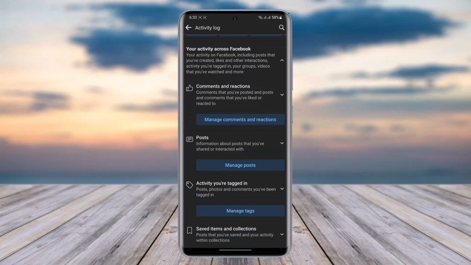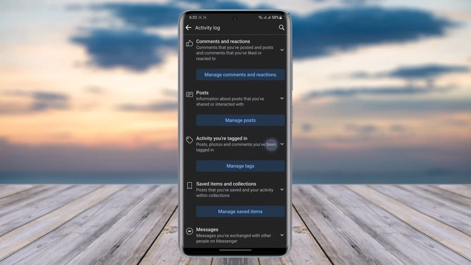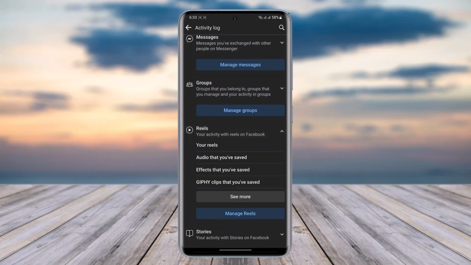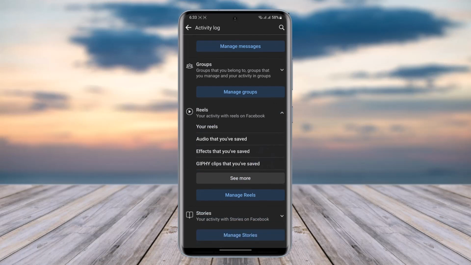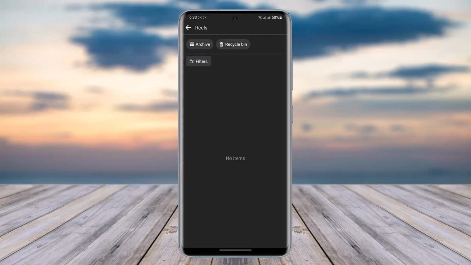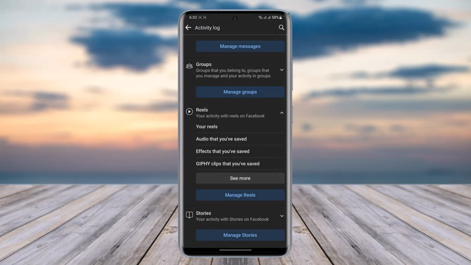You can see comments that you have posted, and posts and comments that you have liked or reacted to, saved items, message groups, and the reels section. Go ahead, tap on it. You can see your reels, audio that you have saved, effects that you have saved, GIF clips that you have saved. So in case you have saved any reels, audios, or effects, then you will be able to tap on the see manage reels option and you will be able to find all kinds of reels that you have reacted